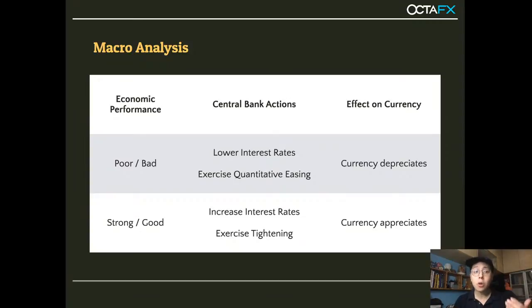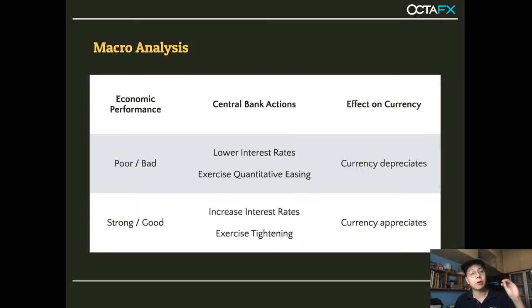If the economy is bad, the central bank needs to come in, because if not, recession will be there. So they need to make sure we pull out of recession. They're going to lower their interest rate, or they're going to print money. When they do that, the currency value will drop, because if I print a lot of money, your money is everywhere, so nobody really values it because there's so much of it, and the value will drop. That's the effect of it.